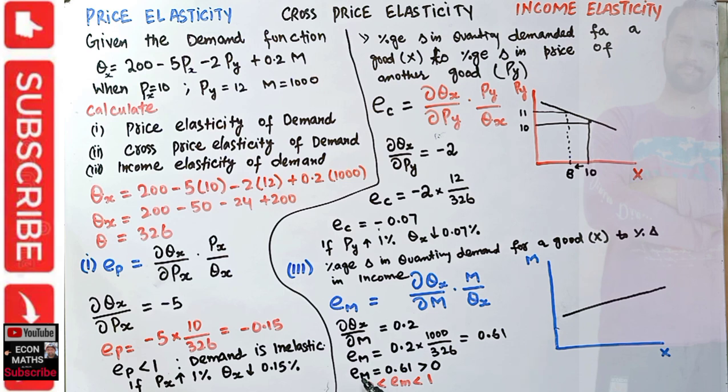First thing is we got income elasticity greater than 0. That means good is normal. That means when income increases, quantity demanded of good also increases. Okay, let us say when income was 1000, quantity demanded was 30. Okay, when income increases to, let us say, 1100,